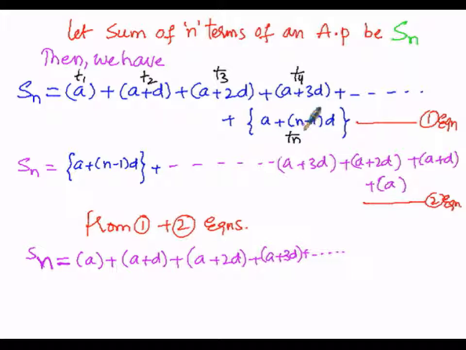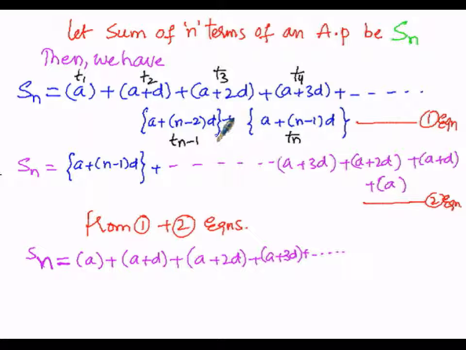So the nth term is a plus n minus 1, 1 less than n, and the term before this will be t n minus 1. Just as 4 minus 1 is 3, the third term is the preceding term of the fourth. So the nth term is followed by the preceding n minus 1 term, t n minus 1, then n minus 2, then n minus 3, and so on. So it is n minus 2 into d.